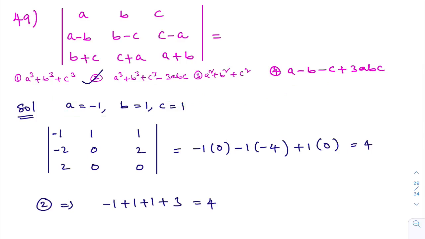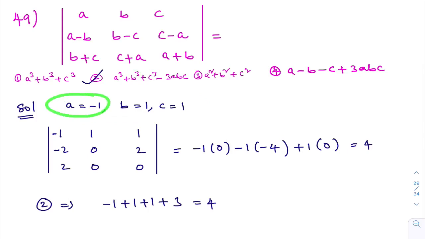You can take A 0, B 1, C -1, like that. But the only idea of choosing these numbers is that when I substitute these values in the options, all options must give different values so that we get the answer in one time only. Otherwise, again you need to take another set of ABC values to identify the right option. Okay, I substituted these values in the question.